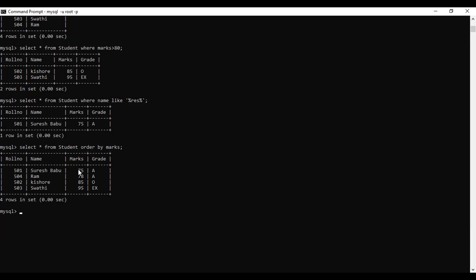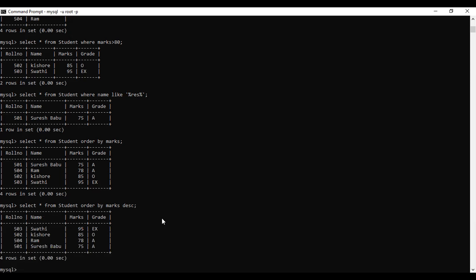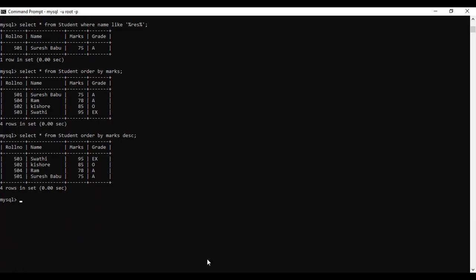So according to the order, marks are in ascending order: 75, 78, 85, 95, like that. We can also make this order descending by just giving order by DESC. Then we press enter and here it gives the marks in descending order. Got it? So this is also one type of working process.